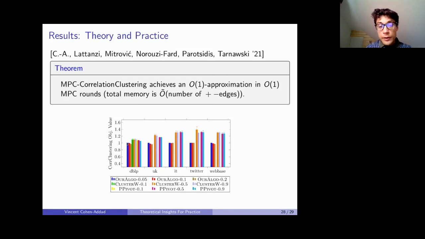And our algorithm is really efficient, in terms of correlation clustering cost. It's much better than the pivot, even though the approximation guarantee that we can prove is bad, it's still better than the pivot. And I think the reason for this is that, even though the pivot is a 3-approximation, the pivot can do very weird things